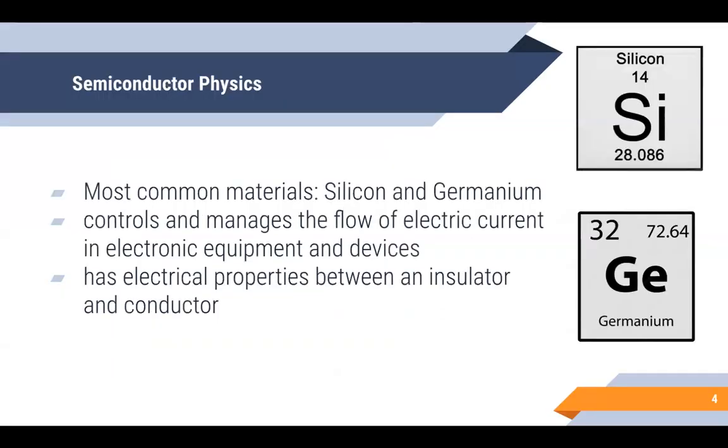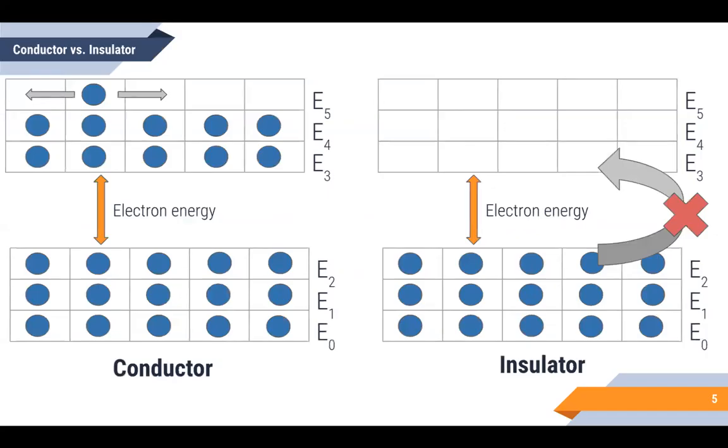Common semiconductor materials such as silicon and germanium have electrical properties between an insulator and a conductor, hence the name semiconductor. In order to understand them, we must first understand what determines some materials as conductors and other materials as insulators. Take this diagram on the left, for example. The height of this image represents electron energy. Inside this material, some energy levels are allowed, whereas other energy levels are forbidden. In this diagram, electrons are allowed in energy levels at the top and the bottom, but there's a large gap of forbidden energy levels in between.